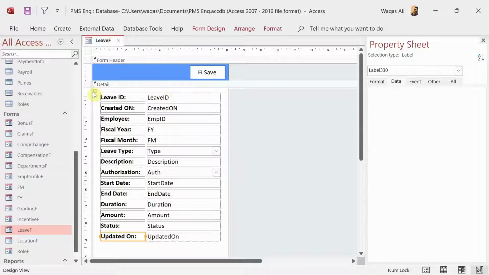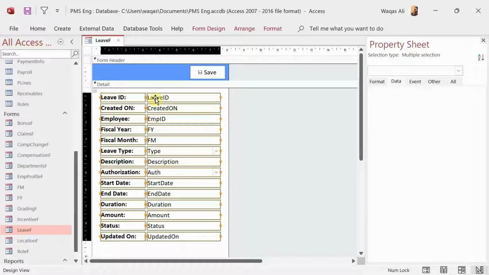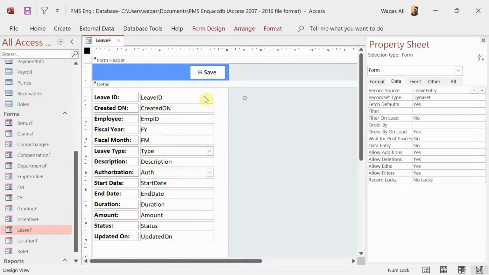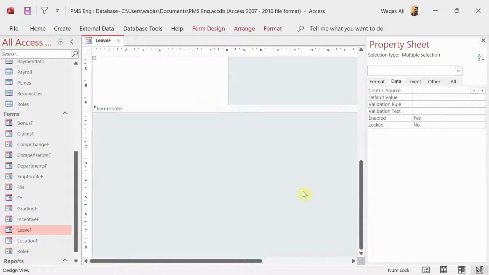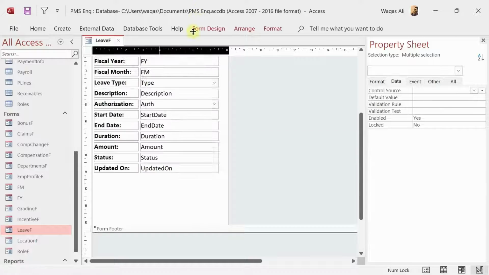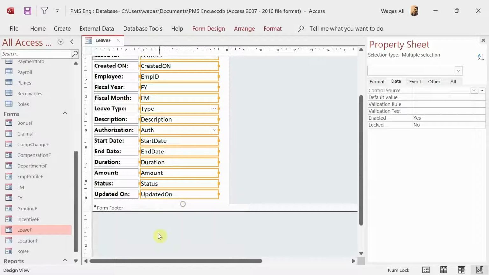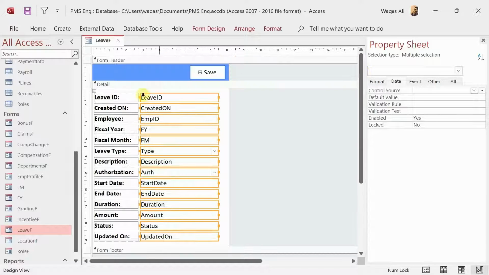Now besides the table, we have to store this information somewhere else as well, which I'm going to explain to you in a bit. So I just need to do a little bit of formatting, and then we'll start talking about where else we need to replicate this information. So I decrease the size of the form, and